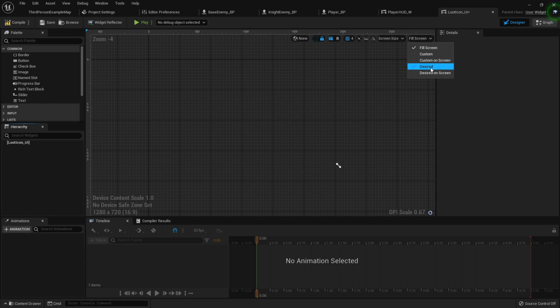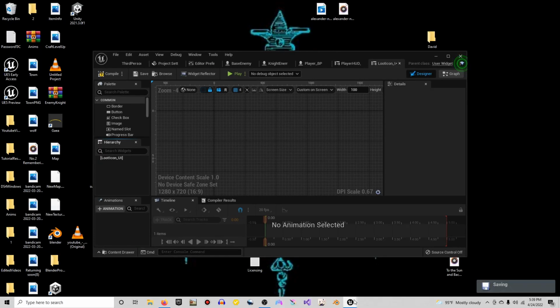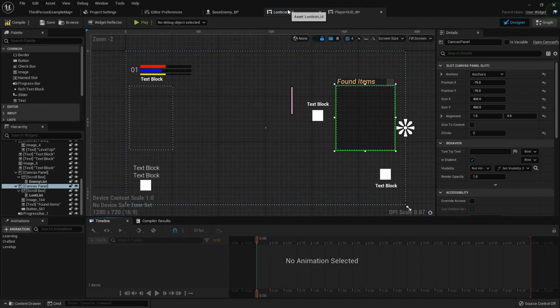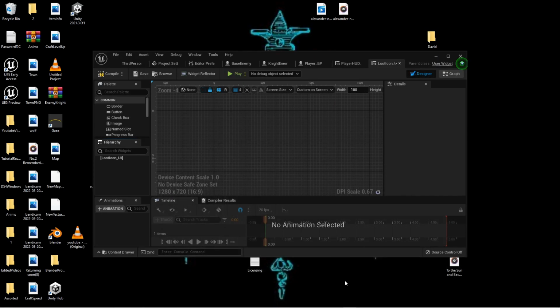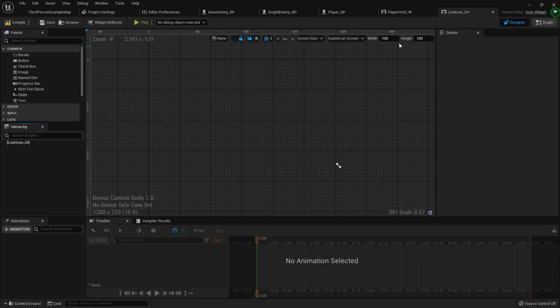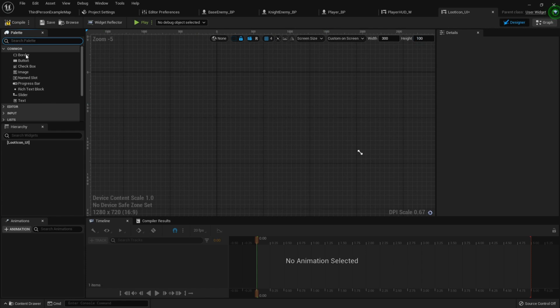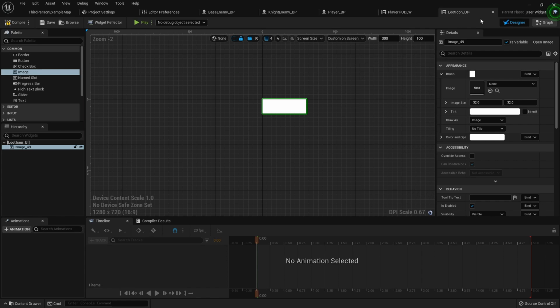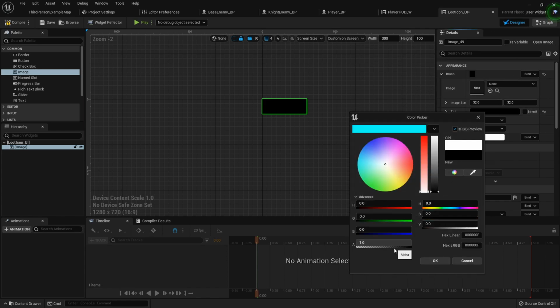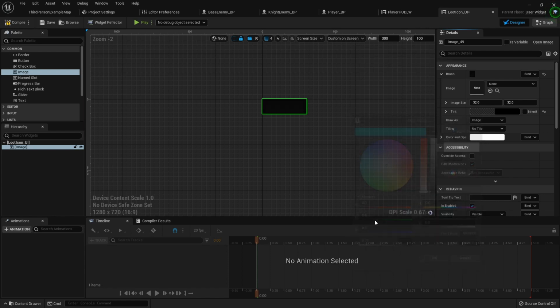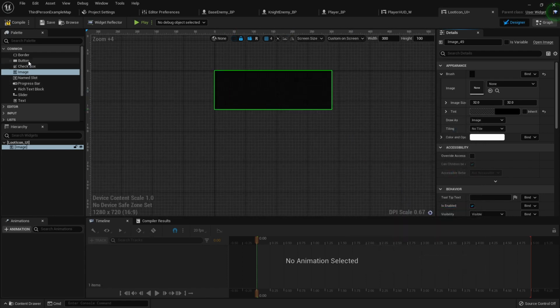So I want to put it as custom on screen. Now I want this to be, what was my other one? It's been a little while since my last video and I have forgotten my loot icon size. 300 by 100. So width 300, height 100, and I am going to add an image to my canvas panel. Not a variable. Tint black, alpha 0.75, and now I want a,